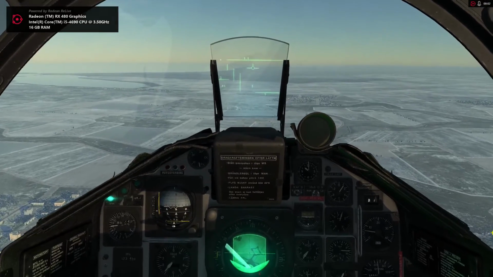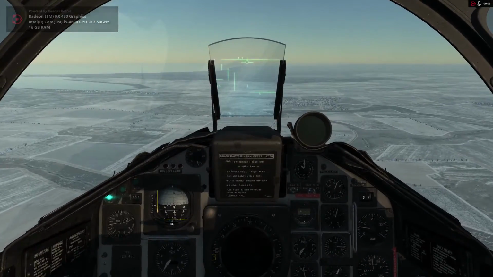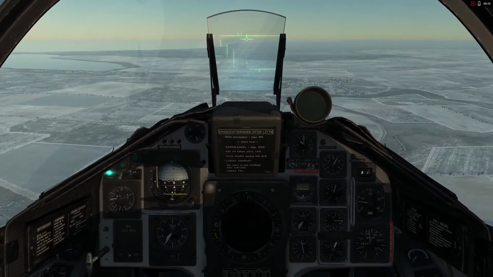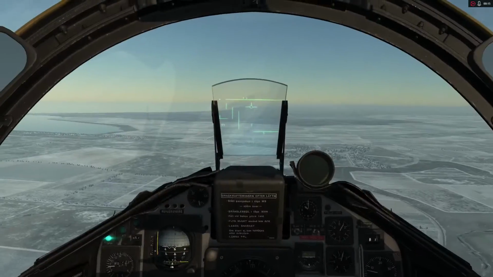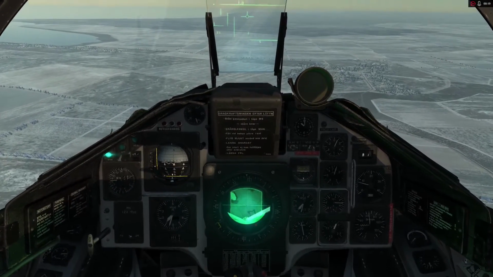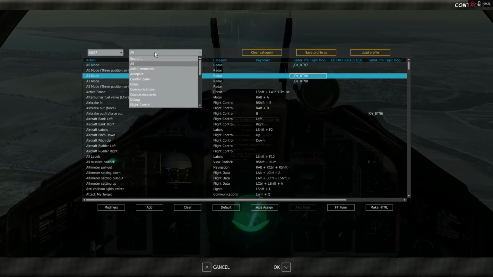Hi, in this video I'll be demoing how to use the navigation system in the AJS-37 Viggen. This is a bare bones tutorial on the absolute most basic functionality. If you're looking for more in-depth, I think you'll need to look at the manual. So with that said, I'm going to turn on the radar, and to do that you go to Radar Controls